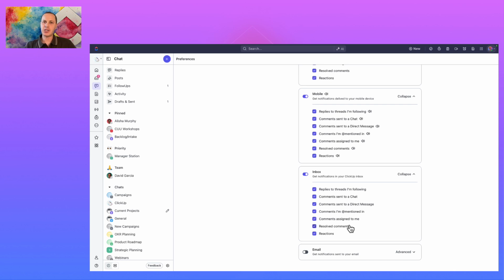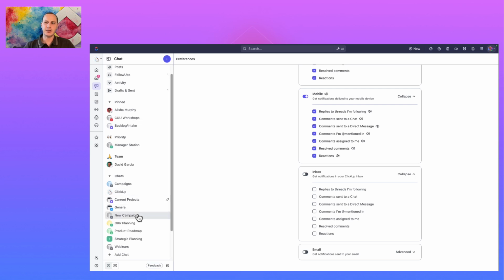The great thing about chat is that it's not just global settings. You can actually set settings both globally and individually. So let's go ahead and take a look at what that looks like. I'm going to just turn all of these off because I like keeping my chats in chat and keeping them separate from my inbox. But maybe there's a situation where I'm working on a project or there's a particular location that I work out of all the time, and I know that I want to be getting those updates in my inbox instead of just in my chat. So let's go back to our new campaigns list here,